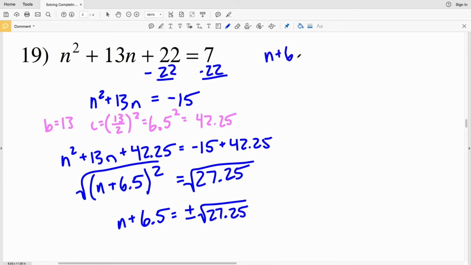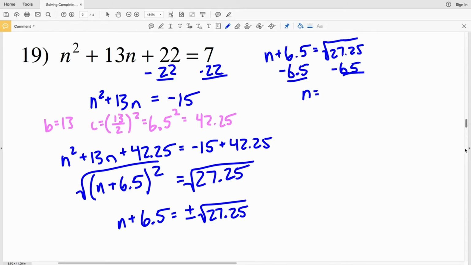So when n plus 6.5 equals the positive square root of 27.25, subtracting 6.5 from both sides, we'll get that n is equal, typing that into our calculator, the square root of 27.25 minus 6.5 will equal